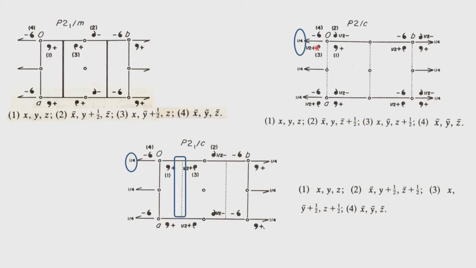Notice that in this particular case also it was removed by 1/4, and we argued that it is due to the presence of translation associated with the C glide. Here also we have a C glide, and therefore we move the 2-1 screw axis 1/4 away from the origin. So when we move this 1/4 away from the origin, then you see that the 2-1 screw axis will develop at 1/2 this position, again 1/4 removed, and so on.